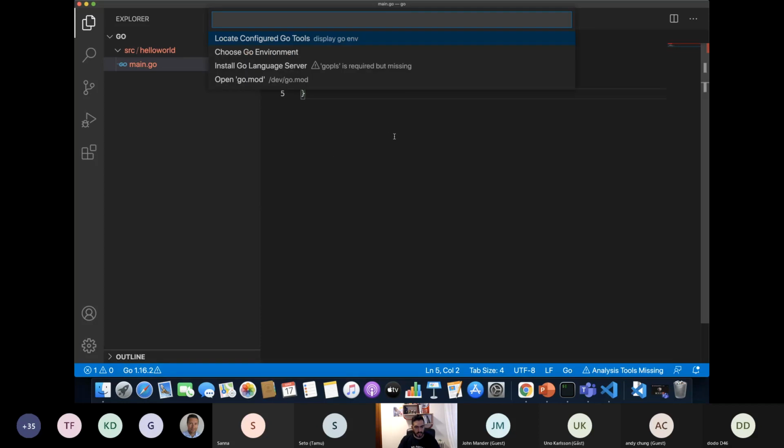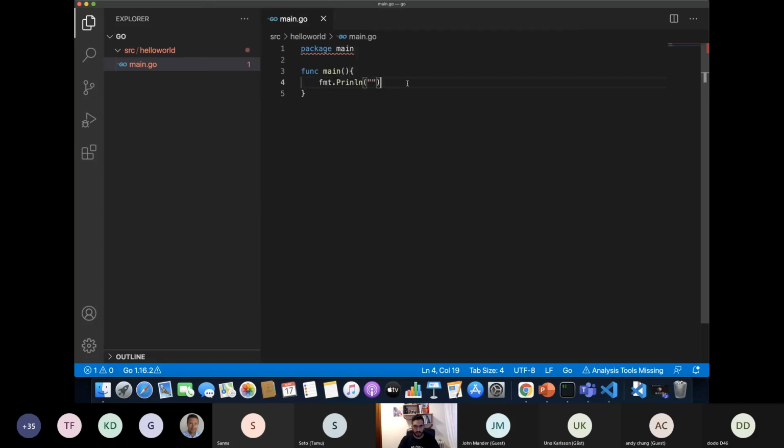I should be able to write hello world here, and when I save it, I also have to include the package that I'm gonna be using, and the function that I would like to use.